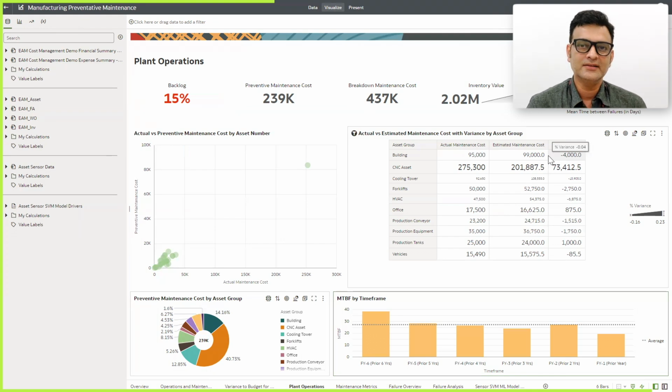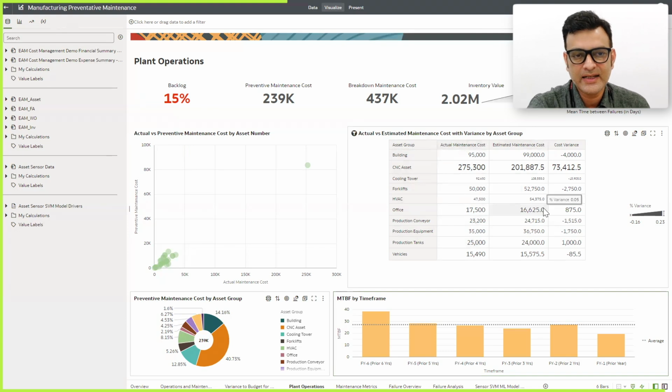Now, another part is because it is a manufacturing plant, right? There would definitely be equipment and equipment related data. So the next analysis we would logically try to see is the nature of the equipment. What are the asset types that are actually breaking down? In this table visualization, we have different asset groups or equipment groups. Okay. And what is the actual maintenance spend that we have done versus the estimated maintenance? Okay, so when we did preventive maintenance, right, what is the estimated maintenance?